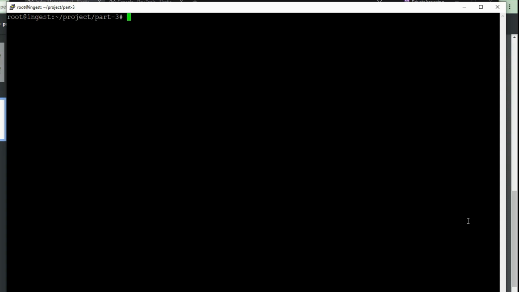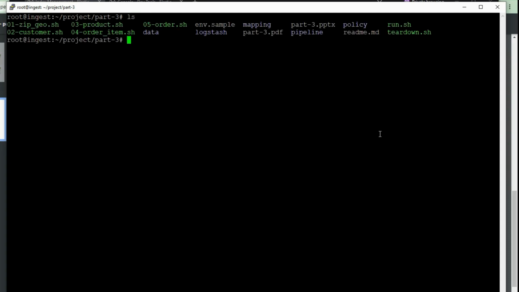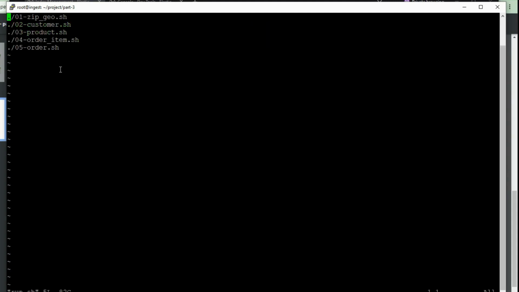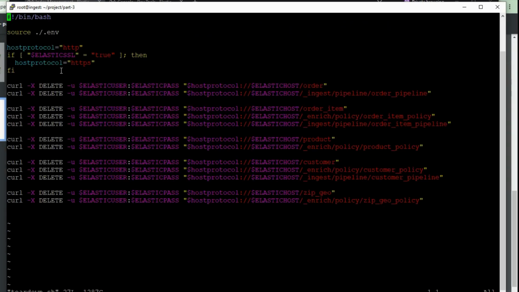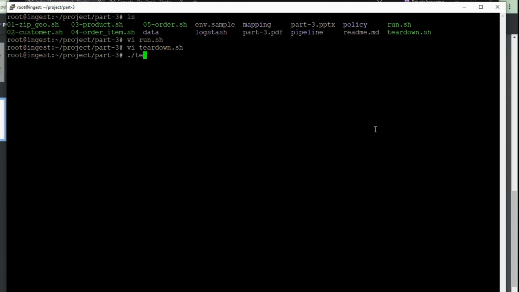All right. So with all that said, I'll mention one more thing. We've run each of these scripts separately, but to speed things up, I made this other script called run.sh, and inside this file, I reference all 5 of these files. So next time, you can just run the run.sh and it'll execute the other scripts in the order that they were meant to be executed. In fact, let's do that right now. I have a teardown script which will destroy everything we've just made, so we can do this all over again. So let's tear down,